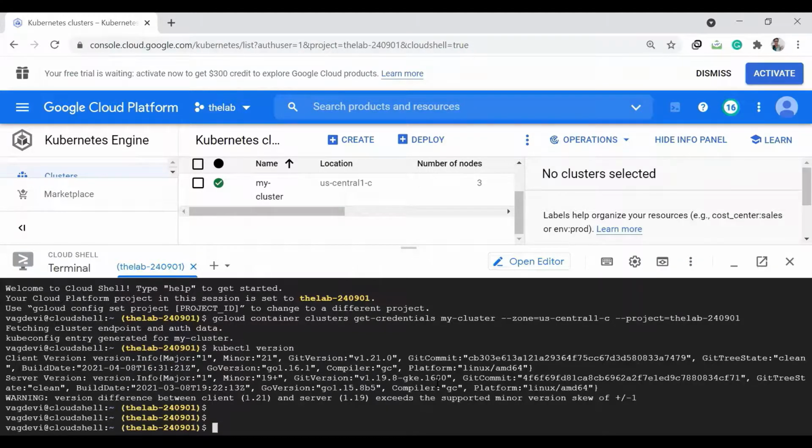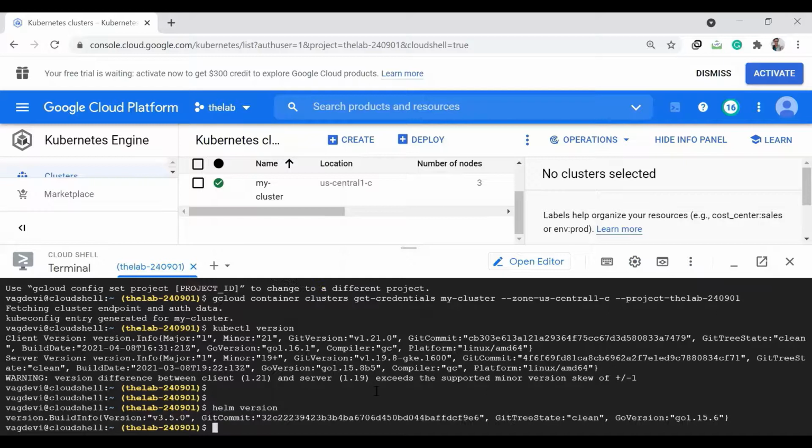Okay, and then the second step is to set up our Ingress controller so that whenever we apply the Ingress resource YAML file, this controller will be put into action to implement those configurations which we mentioned in the YAML file, right? So first, let us see if Helm is installed already. So if you have followed the previous versions of the projects, you should have already downloaded and installed Helm. So let us just check it. So it is there, right?